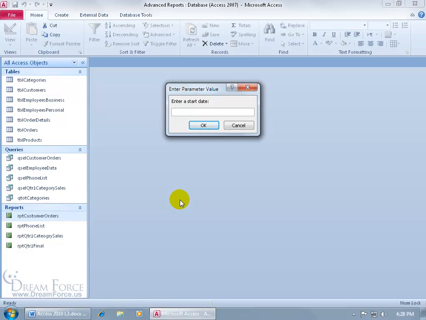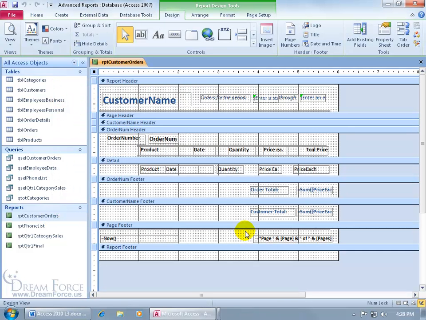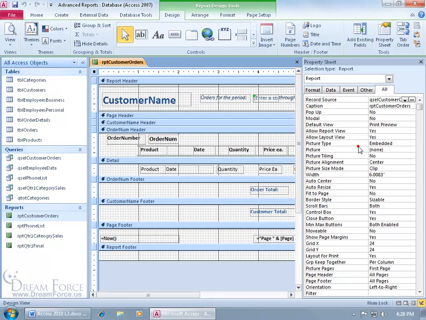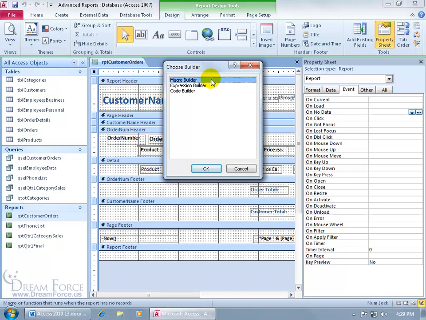It'll cancel the event. So to get started, let me click Cancel, and then right-click on the report, go to the Design View, and we want to bring up the property sheet for the report by coming over here and double-clicking in the blank area really fast. Brings up the property sheet. You can see the selection types for the entire report, and we want to click on the Event tab, and you see where it says On No Data. If there's no data in the report, click on its corresponding build button